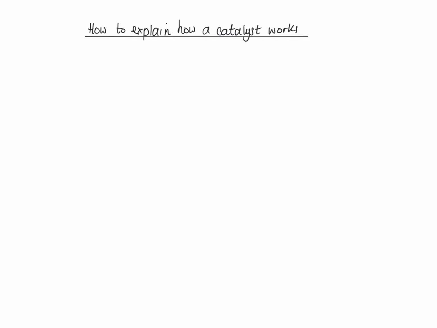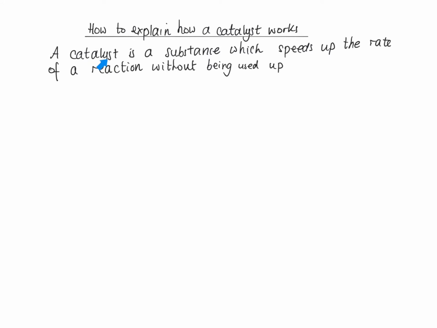How to explain how a catalyst works. So a catalyst is a substance which speeds up the rate of a chemical reaction, but it doesn't get used up itself. For example, you've probably seen what we call the elephant's toothpaste experiment, which is hydrogen peroxide decomposes to